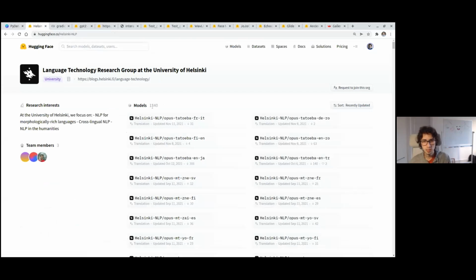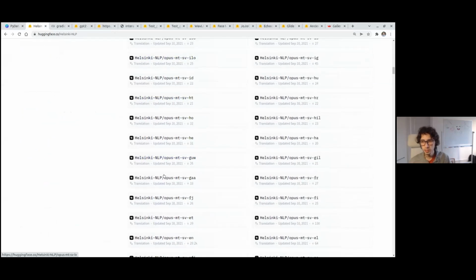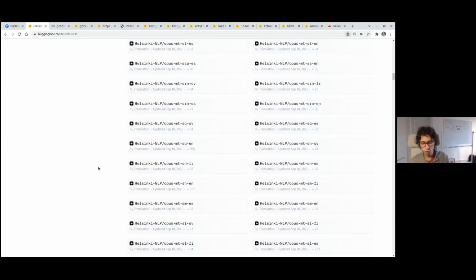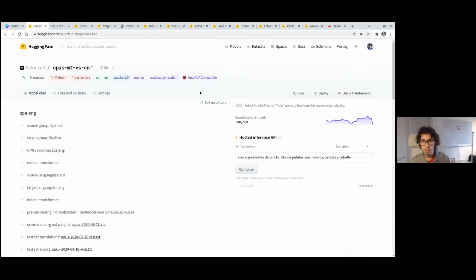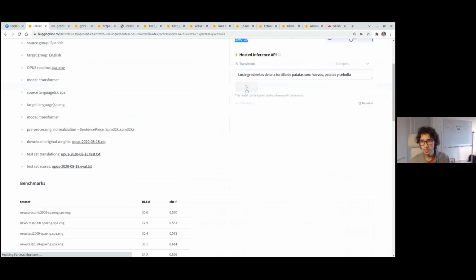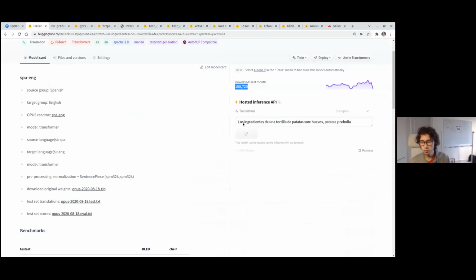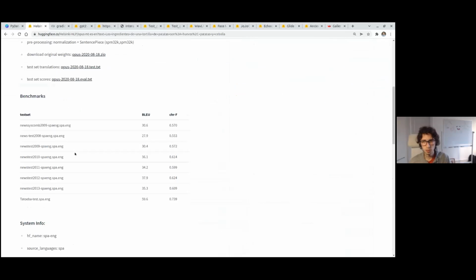It's an organization that has 1,300 models. That's why it was a bit slow. They have quite a bit of models. And here you can find a search for models translating from one language to the other. So if you want from Spanish to English, I would search for it. I can see that it has some likes, so I will also give a like to it. I use it quite a bit. It has had 150,000 downloads, and I can try it out directly here as well to check if the model is working correctly. And I can find a bunch of information as well. So it's quite nice.